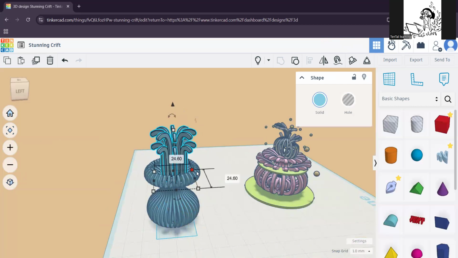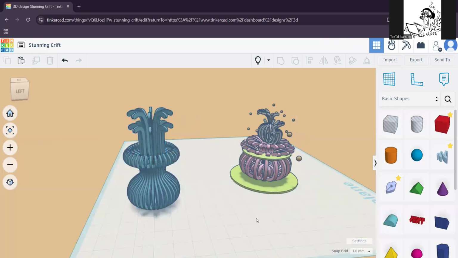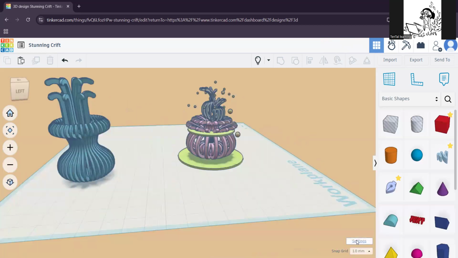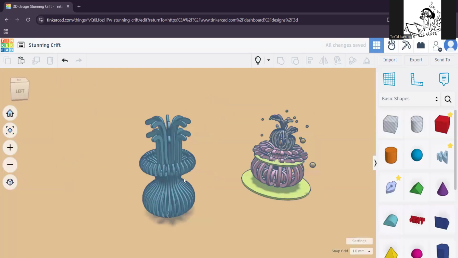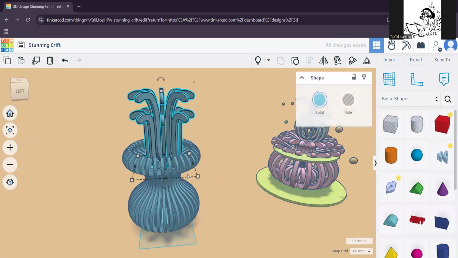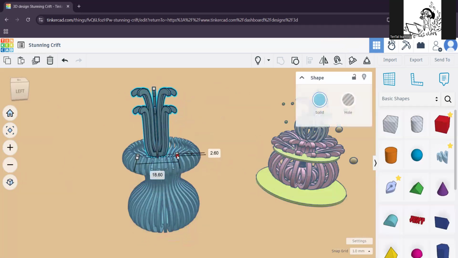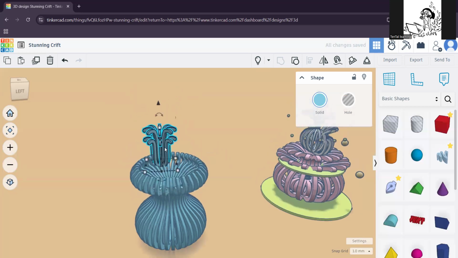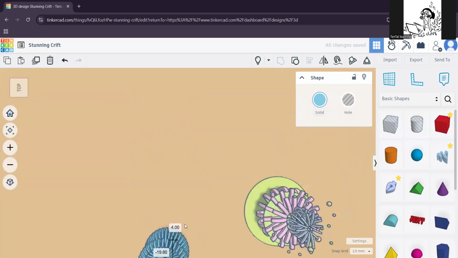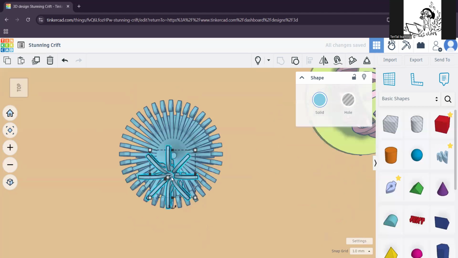Now let's give them some colors. I'm gonna just turn off the grid from settings. And then I'll make this smaller. If you want to scale it proportionally, just hold Shift and grab one of these corner squares and push it to the center. If you click top, you will see it from top view, and you can use the arrows on your keyboard to